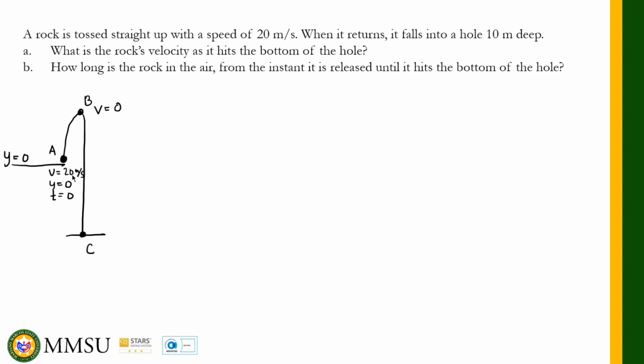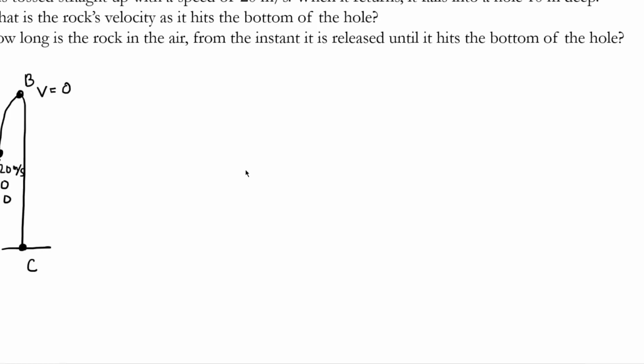At the highest point of motion, the velocity always comes to a stop. The velocity is always 0 at the top of motion. Okay, that's all we know about point B. And for point C,